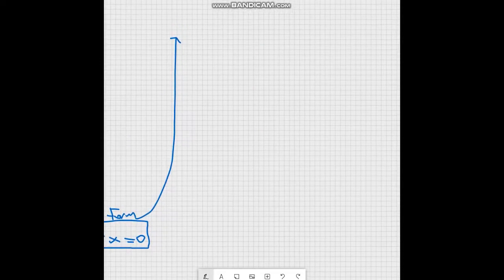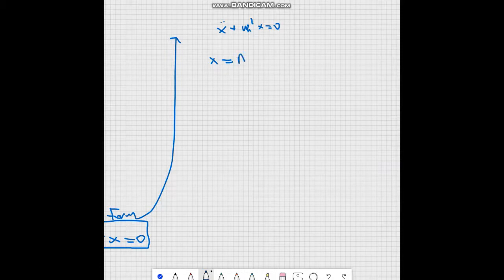If you solve x double dot plus omega n squared x equal to 0, the solution for x is gonna be a constant a sine omega n t